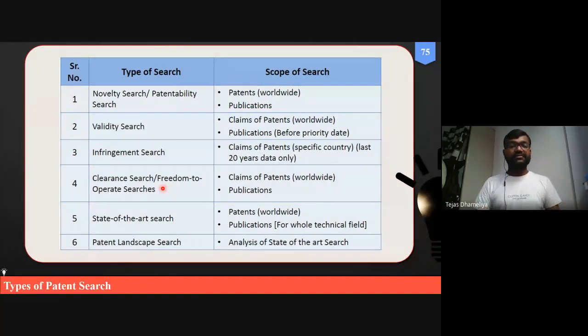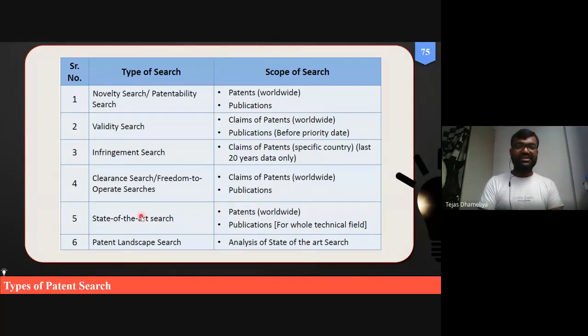After that, we can also study what is called novelty search or the patent search. So these are some of the types of search highlighted on your screen: novelty search, validity search, infringement search, clearance or state-of-the-art search, patent landscape search.